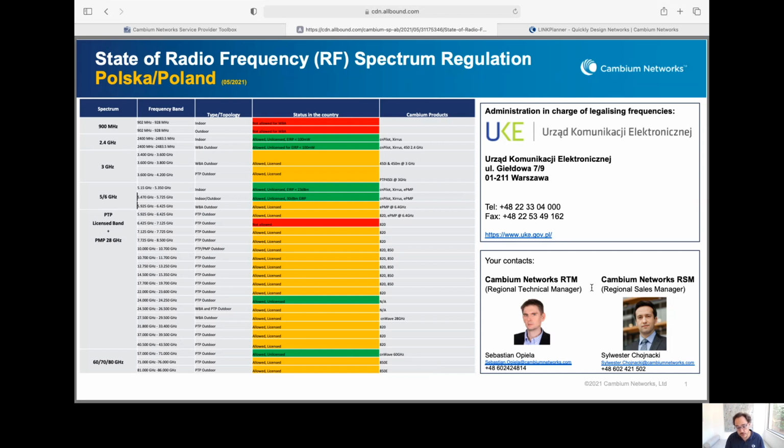It will show you who's our team in the region, or a regional technical manager or a regional sales manager. And probably even more interesting for you, the entire spectrum available in the country, and whether it's free to use, licensed or unlicensed, or restricted, and for which reason. And next to that, we will show what are the products from Cambium that you can use within this given